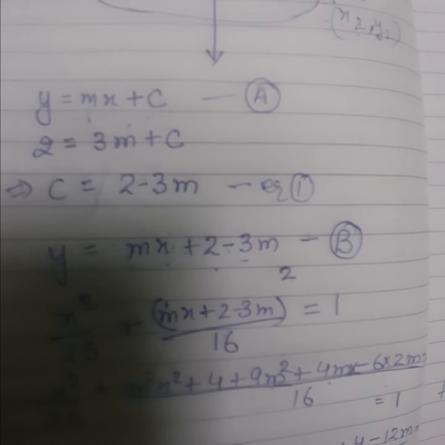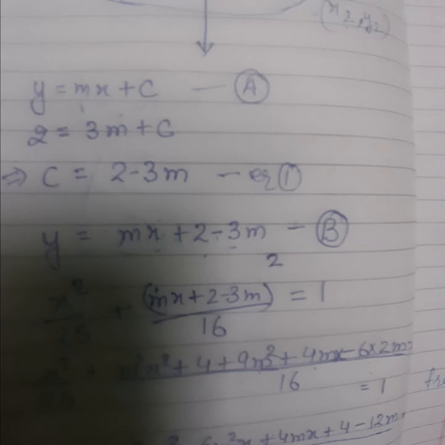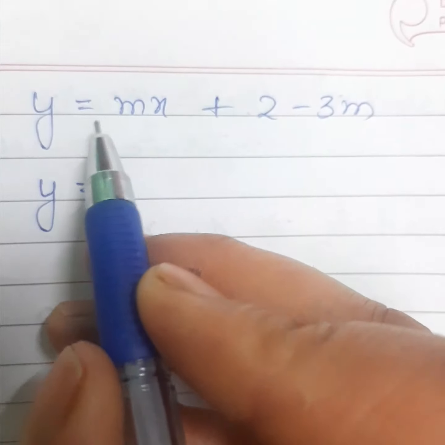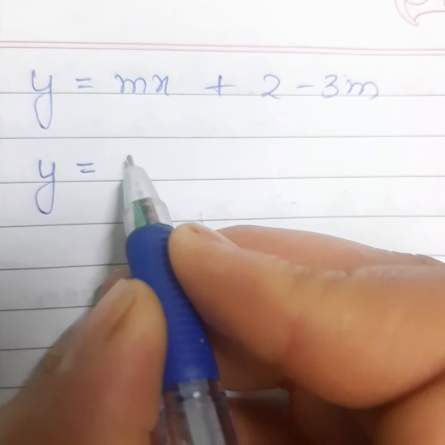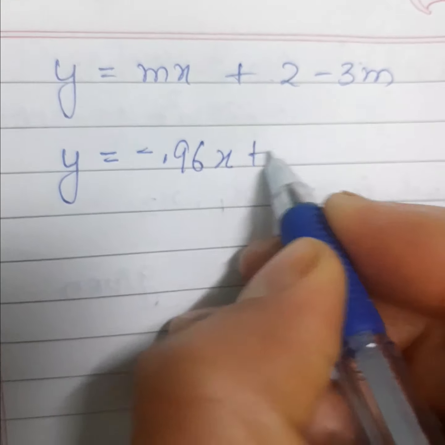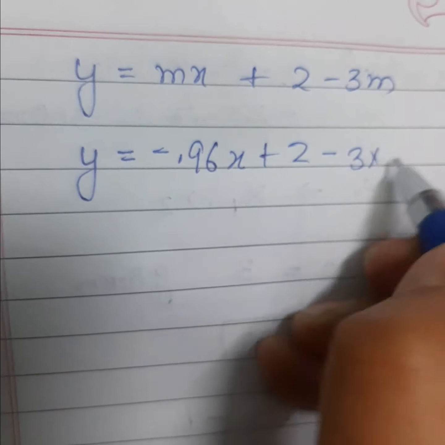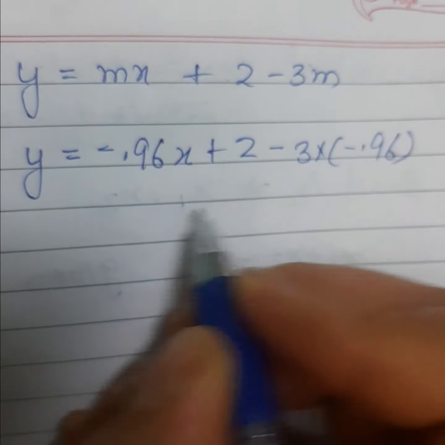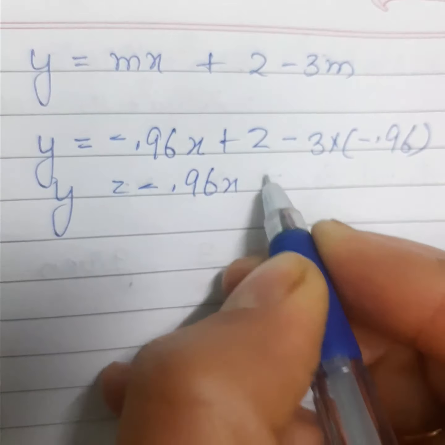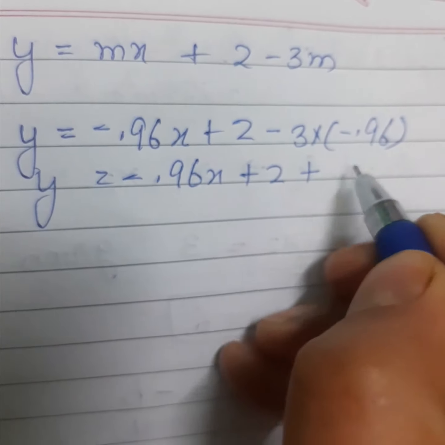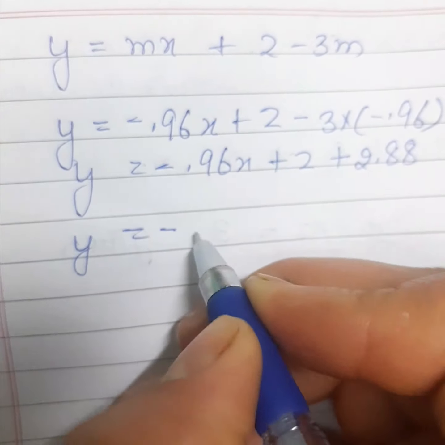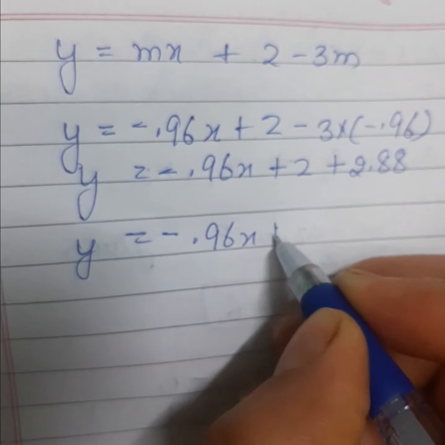Now we can substitute the value of m here and obtain the equation of the chord. So here we substitute the value of m as minus 0.96. So this will be y = minus 0.96x + 2 + 2.88,